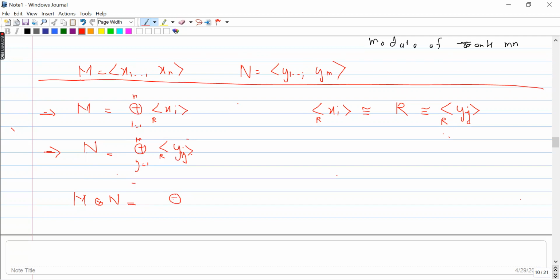It is the direct sum of xi tensor, and i is running from 1 to n, tensor